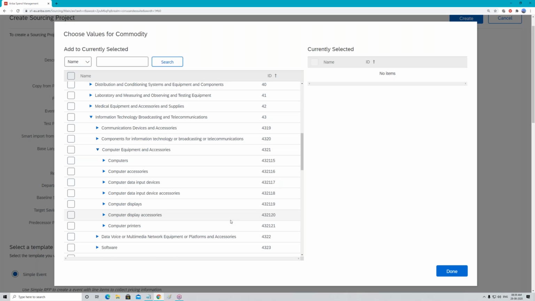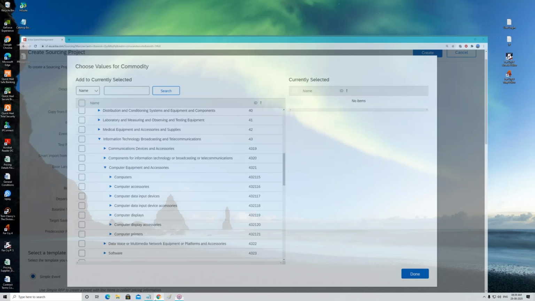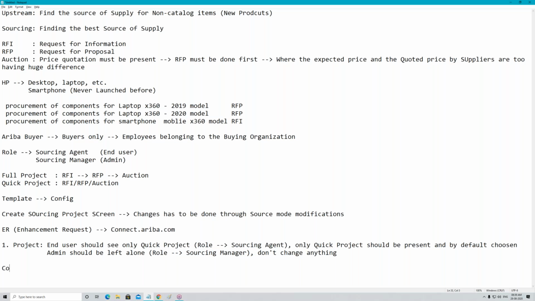What is this, Manoj, UNSPSC? All of you are going to wait. One moment. Please go back and tell me. Okay. So what is this UNSPSC over here, Manoj? United Nations Standard Products and Services Code. This is the meaning of the commodity code. Why? Because Ariba always talks that language. It understands the UNSPSC commodity code.